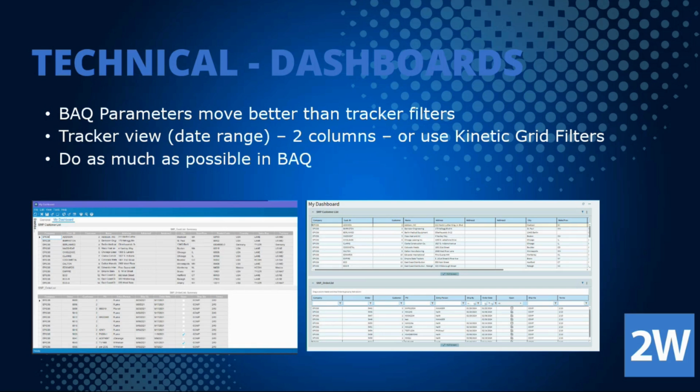On the right-hand side of my screen is that same dashboard, behaves identically, deployed in the Kinetic UI, and the only thing I did was, again, in the Classic UI, launched up dashboard maintenance, opened up my dashboard, went to the actions menu, hit deploy, chose the option to deploy to Kinetic UI, and I got a dashboard that functions